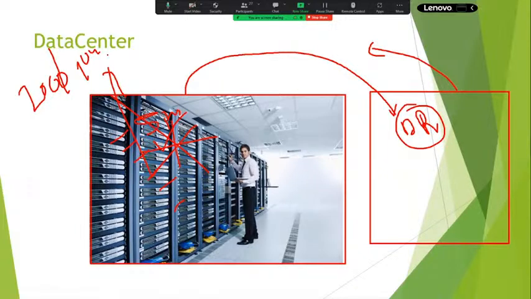Even though it collapsed, the US did not lose even a single record. Single record in the sense, whatever debits and credits were handled by the US, they haven't lost that related data. Why? Because they were already maintaining disaster recovery, another data center. Even though the World Trade Center was collapsed by terrorists, they haven't lost any data, only the physical damage of that building. That's it. In the same way, to keep our data safe and secure,